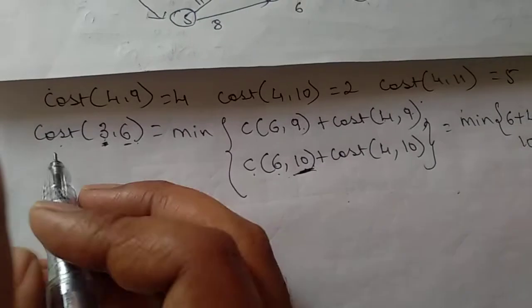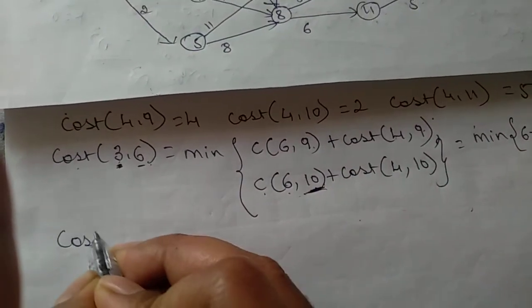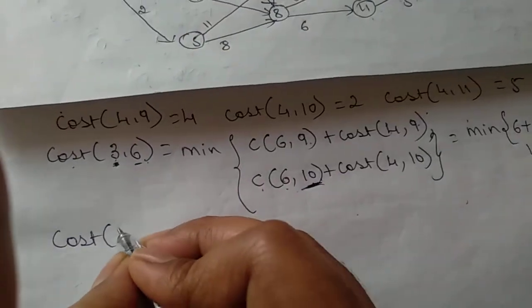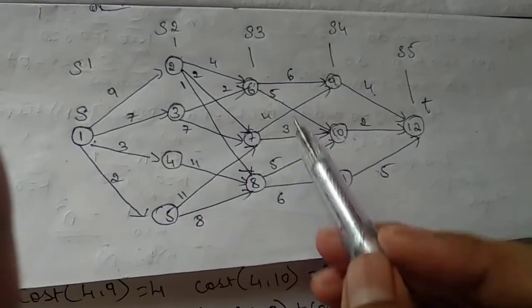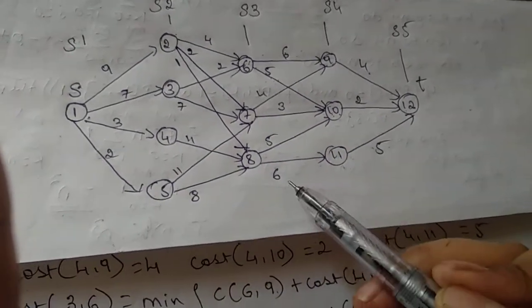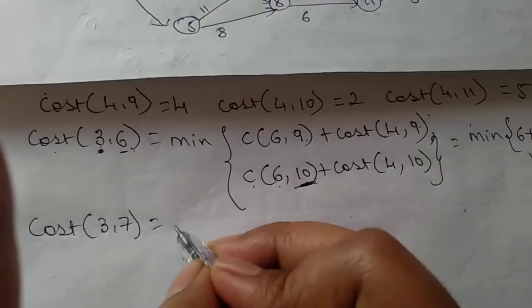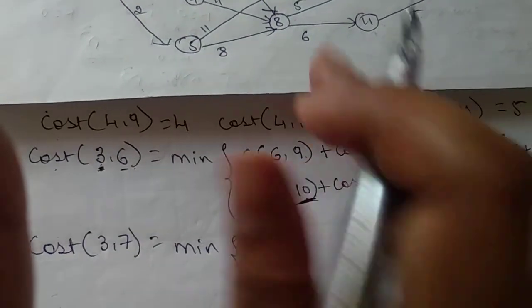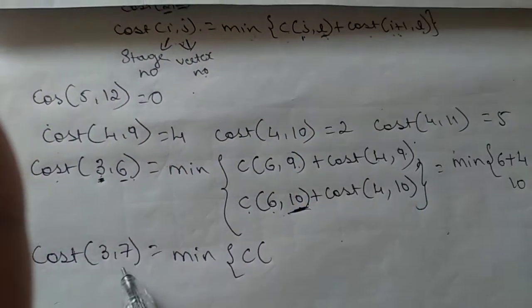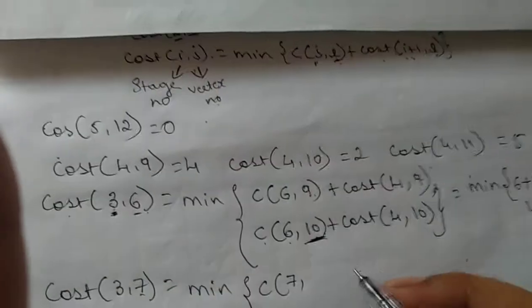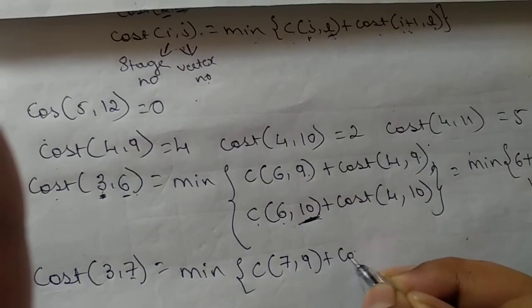Next, in the same way, I have to take the cost for 7. Cost of stage 3, 7th vertex. How many edges are there from 7? Towards 9 and towards 10. Again, 2. So min of C of 7, that is J, is 7 now. From 7 where is it going? 9. L, the next vertex, plus